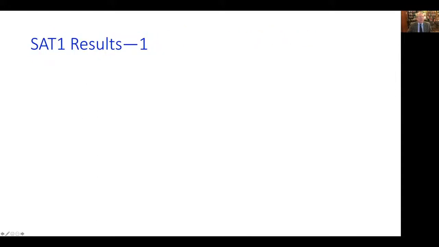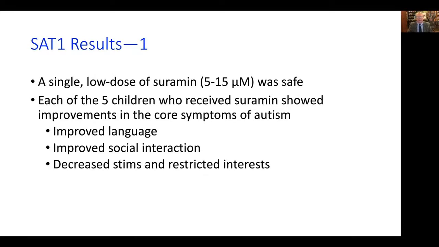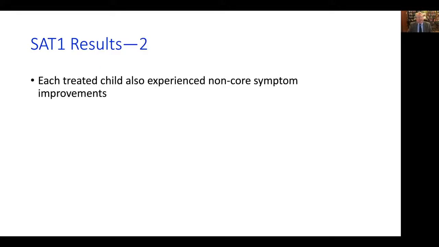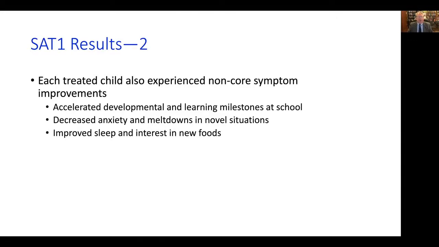Okay, so to summarize the results, a single low dose of Suramin that achieved a 5 to 15 micromolar concentration in the blood was safe. And each of the 5 children who received Suramin showed improvements in all the core symptoms of autism. This was improved language, improved social interaction, and decreased stims and restricted interests. But in addition to that, each of the children also experienced non-core symptom improvements, and these included accelerated development and learning milestones at school, decreased anxiety and decreased meltdowns in novel situations, and improved sleep and interest in new foods,